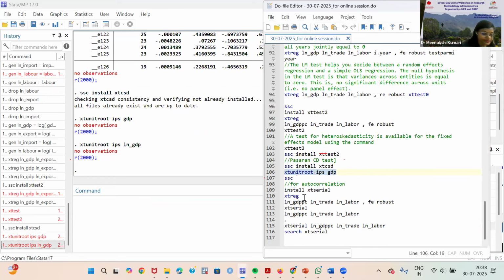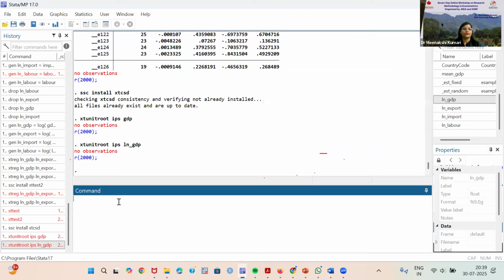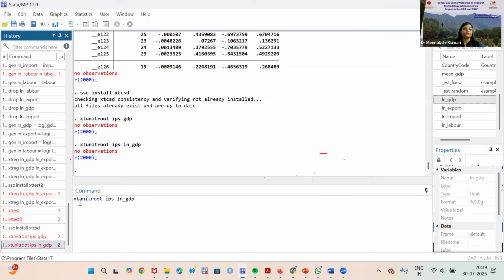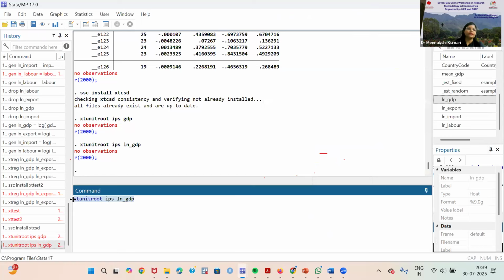There are 3 tests: the Pesaran test, the LM test, and others. For unbalanced data, some of the tests will not work. For a balanced panel, all the tests will work. If we want to check the autocorrelation in the data sets, we need to install xtserial. And IPS is not working for our data sets because it's an unbalanced panel. Okay. For autocorrelation,